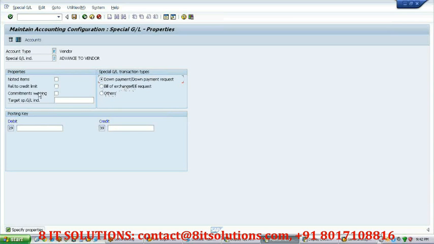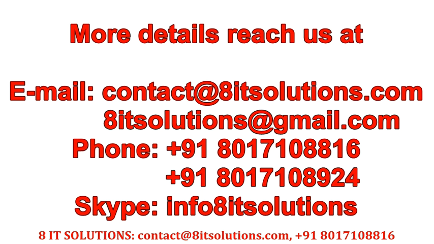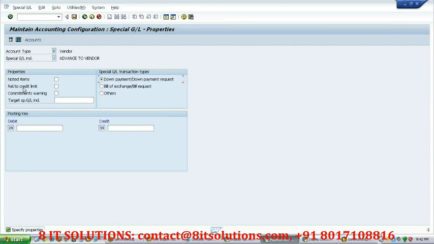We can create this as a noted item, or whether it will impact your credit limit or not, or whether it will update the commitment warning. For the time being we are not putting anything there. We'll create it as a down payment and down payment request.